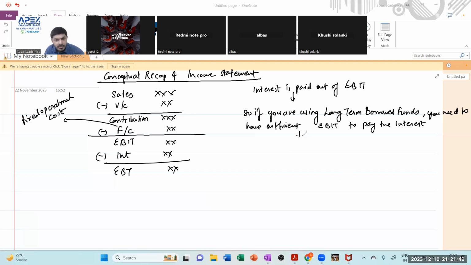Agreed or disagreed? Here I will say, the higher the EBIT, the better it always is. Further, I will say, as a general rule,